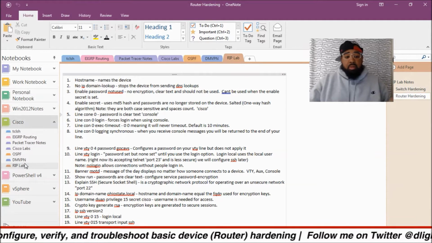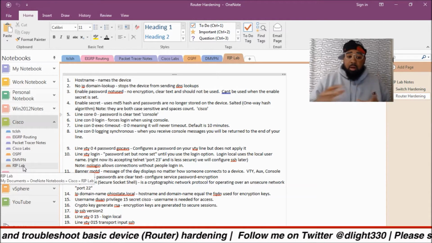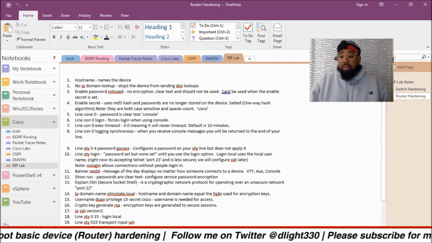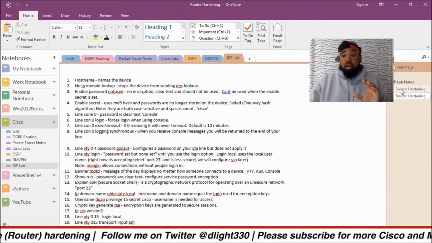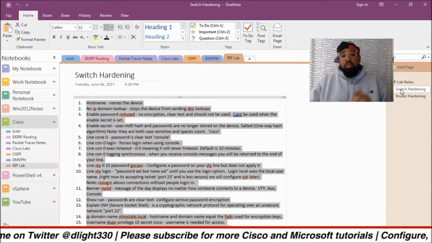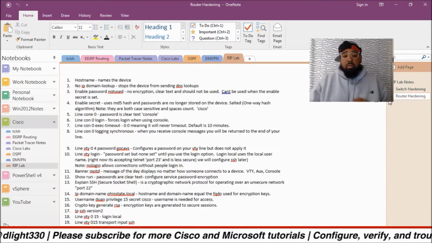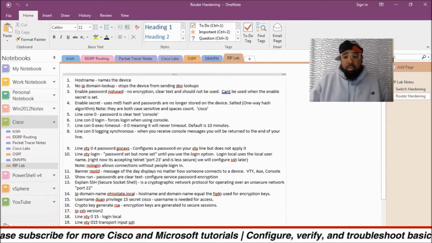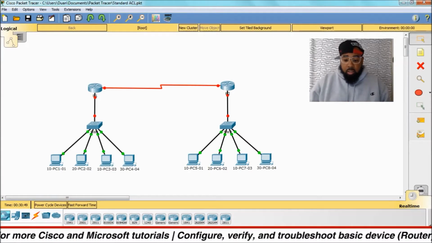In my Cisco notebook, I have a RIP lab, which we're doing now. In every video, I have a different page for the notes of that video. So if you guys are following along, the first video was switch hardening. This video will be router hardening. And here's my notes for that. And then I'll also use